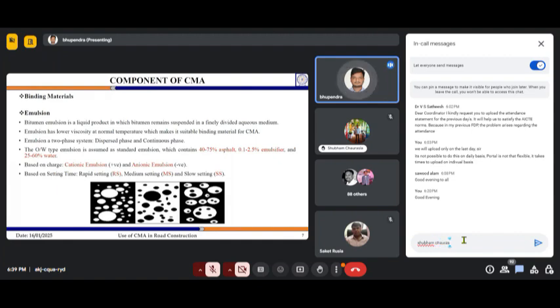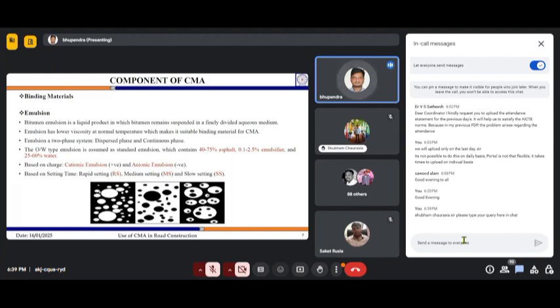So depending upon which material is your dispersed material and which material is your continuous material, the emulsion can be classified into two categories. The first one is the oil in water type of emulsion, which is the most common type. The second one is the water in oil, and the third one is the miscellaneous.